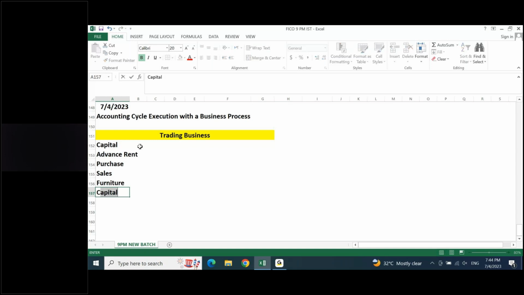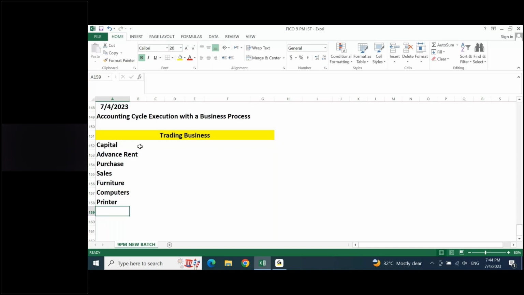Next one, I need some computers. At least one computer to record day-to-day transactions is required. Next, assuming I need one printer also to give bills, I need a printer. And if I am running the shop, I will have to put certain electrical items in my shop, like light, fan, etc., for which